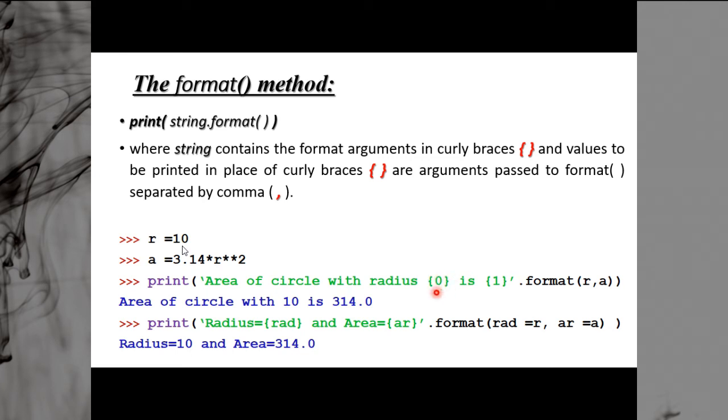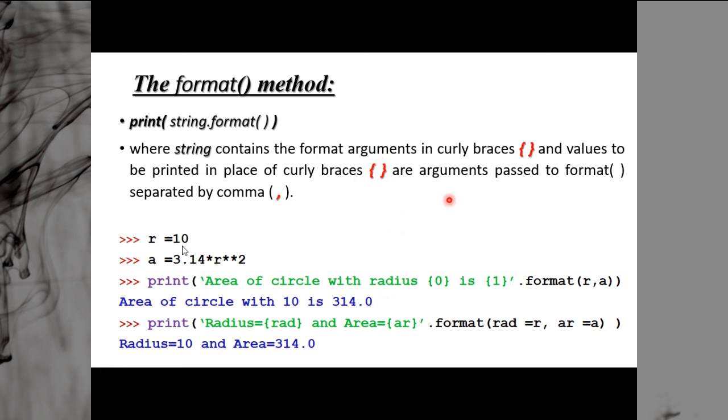So in the first curly bracket the value of radius will be printed, this is the first value we want to print, this is the second value we want to print, and this is the end of the string. So this entire string is formatted with dot format r comma a. It means at 0 the value of r, the radius, will be printed, and at 1 the value of area will be printed. So the output which appears on your screen is: area of circle with radius 10 is 314.0.